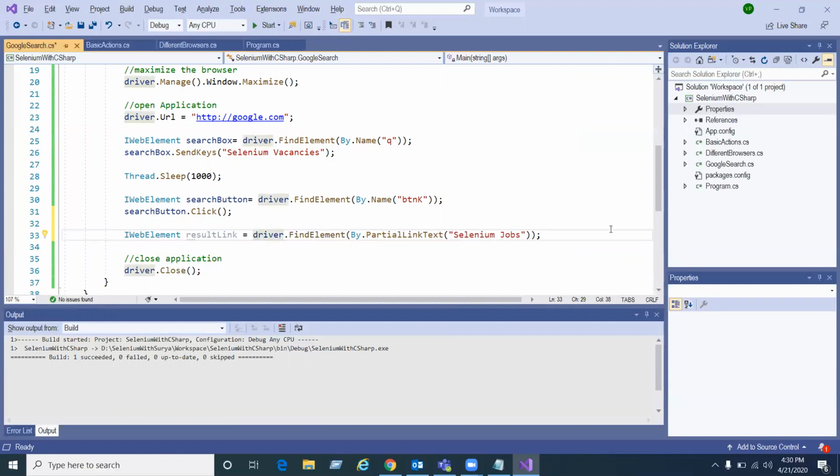Since it is a link, you are going to perform the click operation. Let us execute.